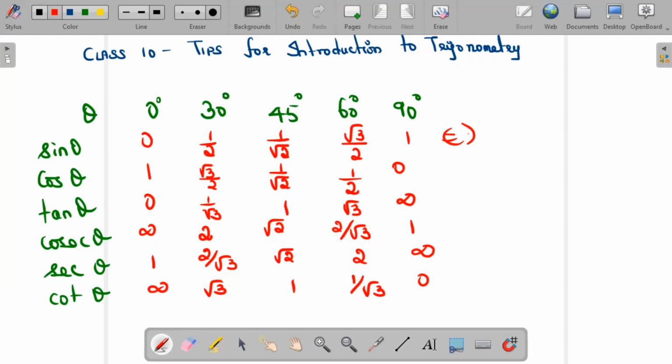Anytime you want to substitute the value for an expression you are evaluating, please ensure you draw this table in the rough work so that you don't get confused in the examination. This hardly will take 2 minutes of your time, and based on that, if you apply, it will be easier